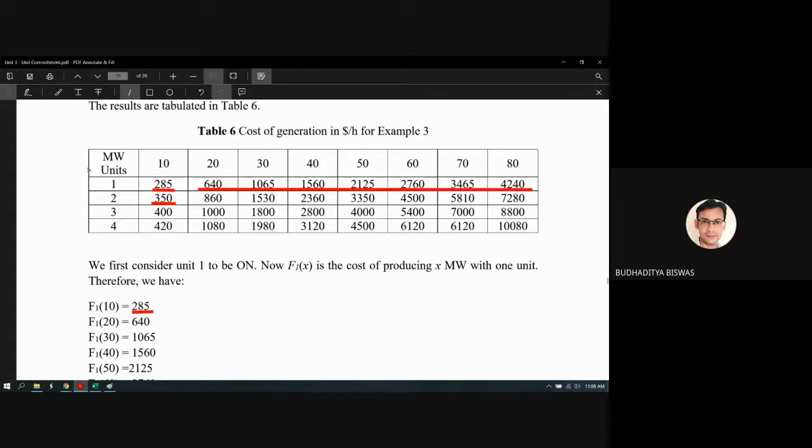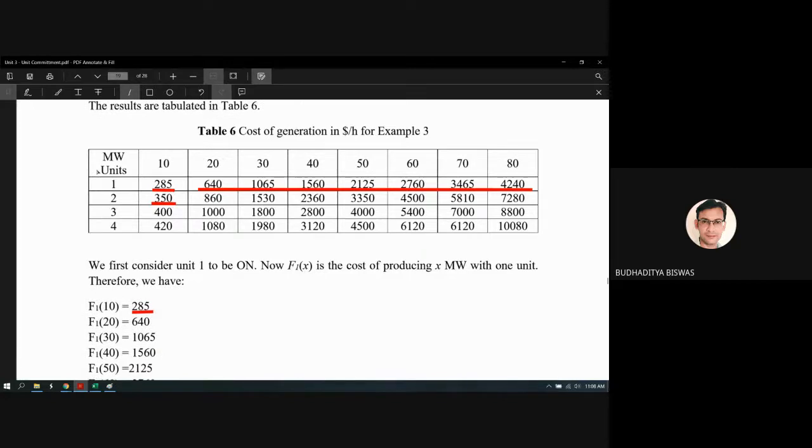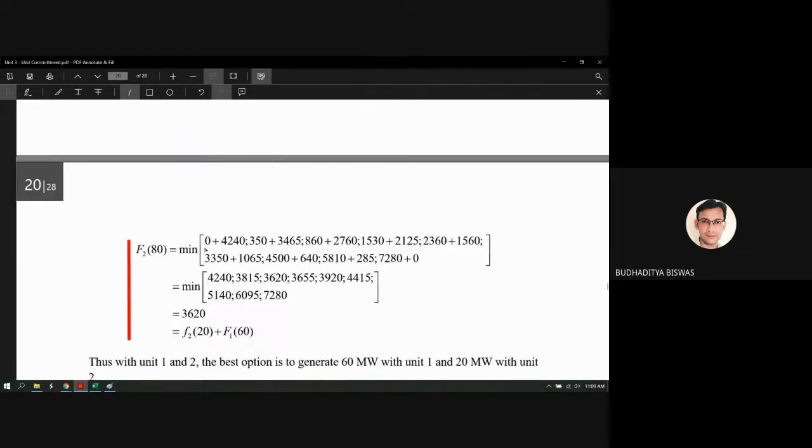Okay. Initially, starting from 0. So 0 and 80. Unit 1 should always count, but that is the theoretical condition. As I mentioned in the DPSC, the initial combination is 0, 0, 0, 0. So we have to consider this one also, but this one never comes into the picture. So the first condition is that unit 1 generation is 0, unit 2 generation is 80. Okay, this is our first condition. That's why I write this particular term.